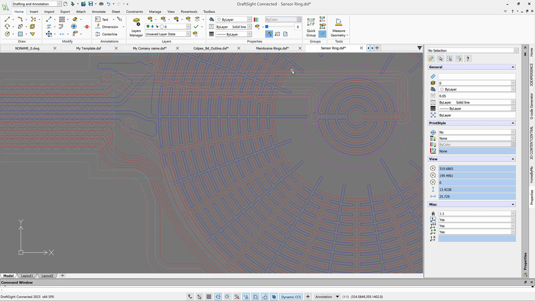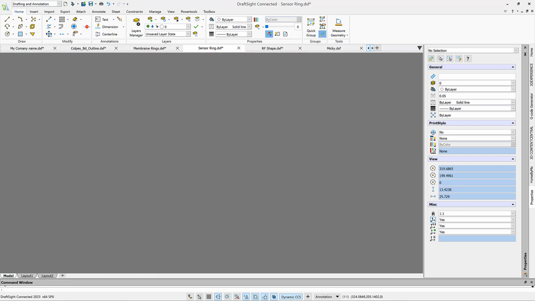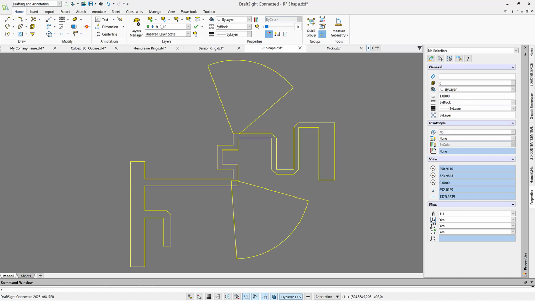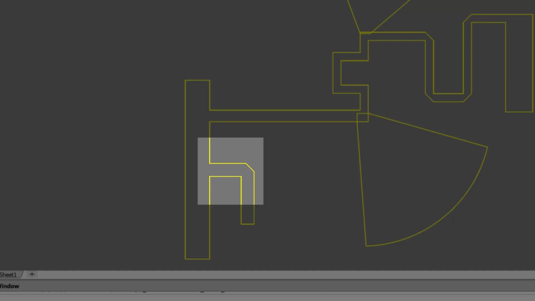Believe me, you'll understand why it's so important. Now, for people that do the RF design, that's even more important. Let's look at the RF shape, okay? So in RF shapes, if you are an RF designer, believe it or not, the way this chamfer comes to the